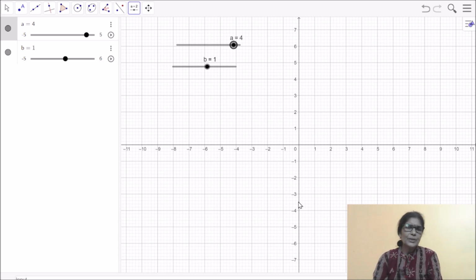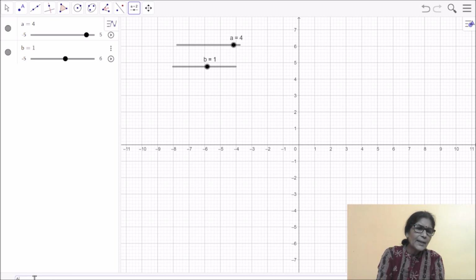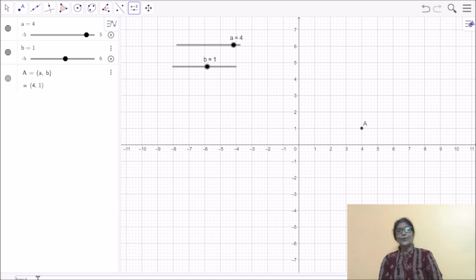Then making the point. For the point, the command is capital A or B or whatever it may be, equals, and within the bracket you write these two values, small a and small b. Immediately you see there is a point here, A, whose coordinate is 4, 1. Here you can find a is 4, b is 1. So the point is